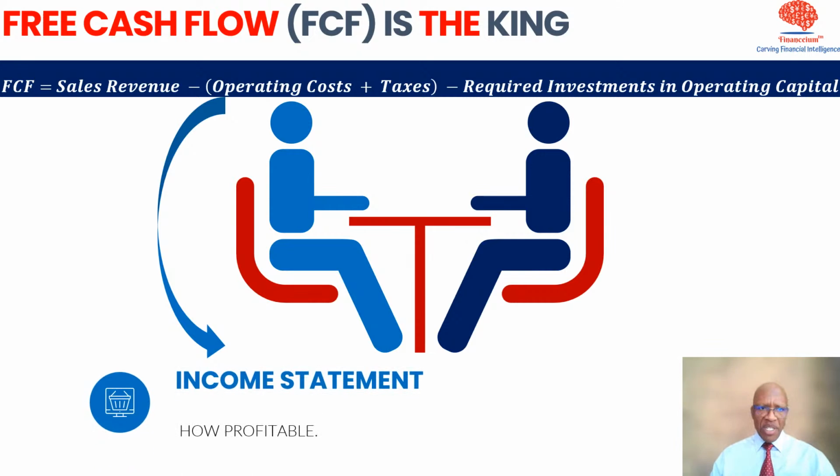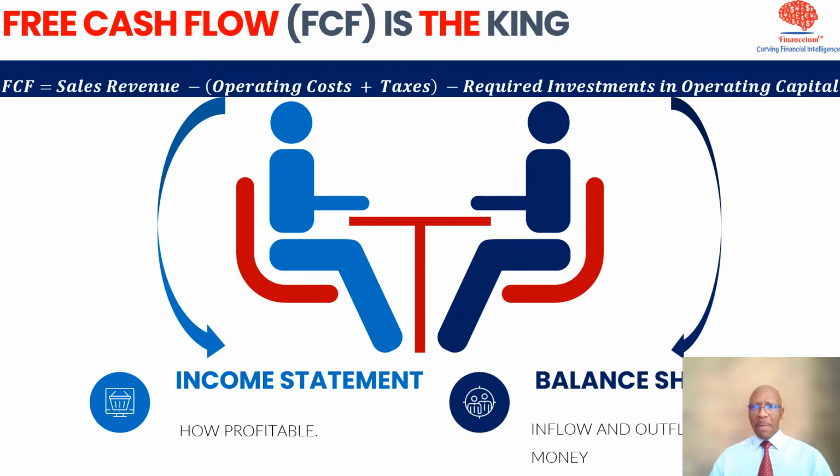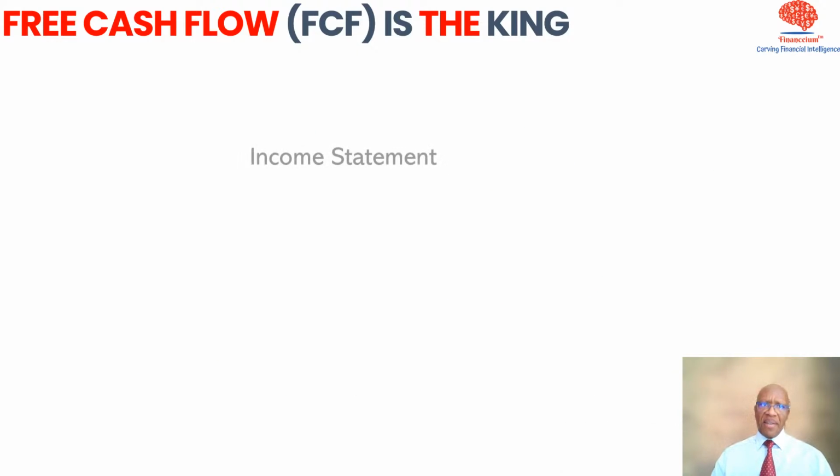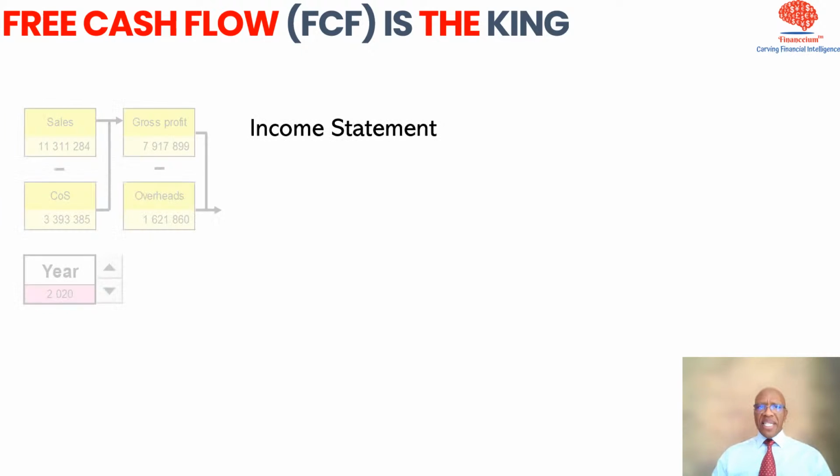Now, as you'll have figured it out, to get the operating cost, you are basically looking at the income statement of your financial statements, which essentially tells you how profitable the entity is. When it comes to the required investment in operating capital, we are looking at our balance sheet, which talks about the inflow and outflow of money. Now let's take this further and say, look,